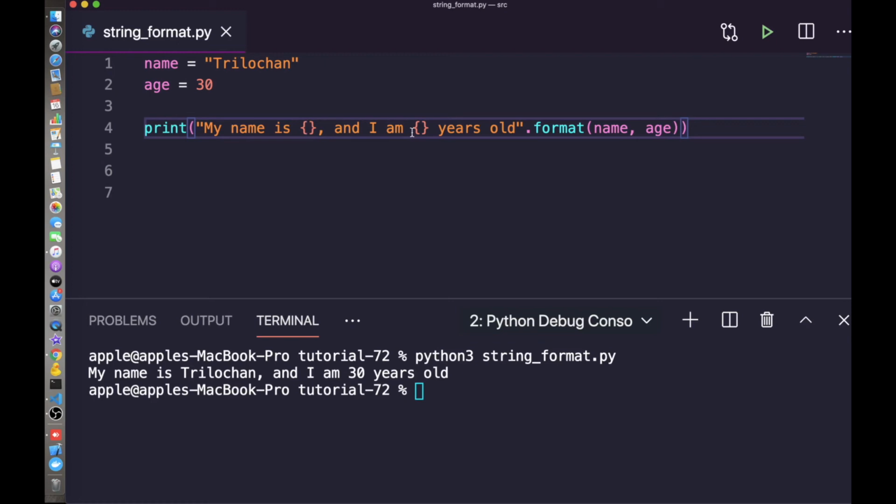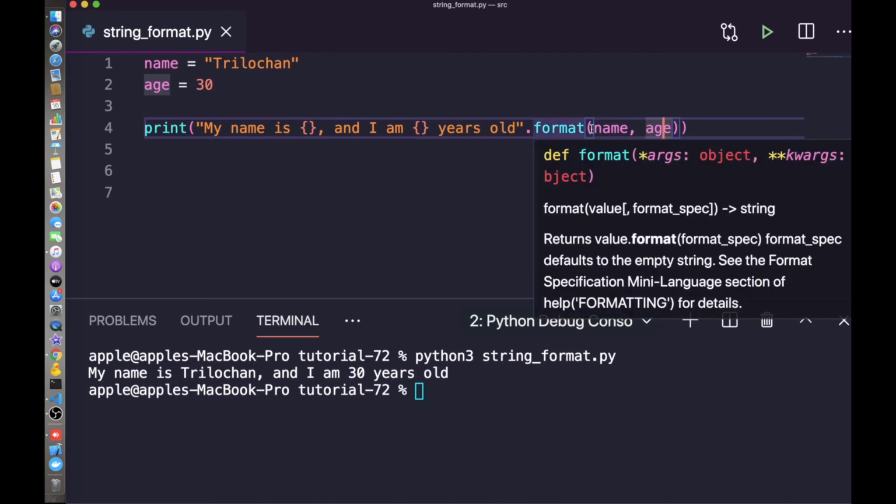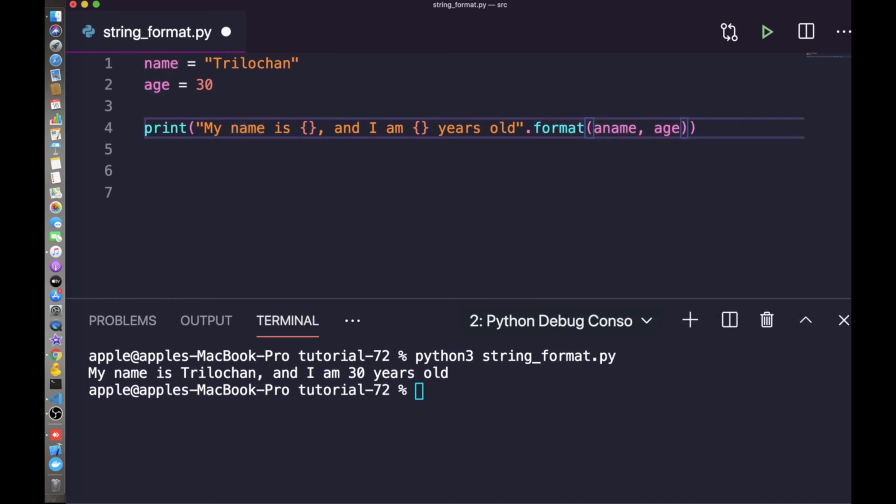But you can use it in a different way also. You can assign keywords here, like n equals name and a equals age.